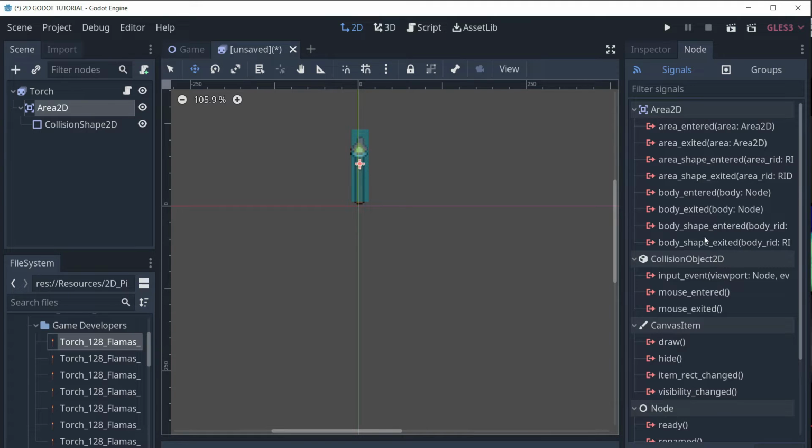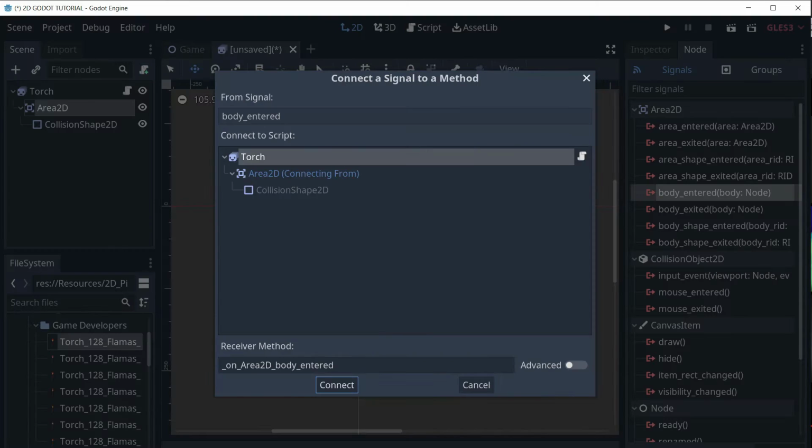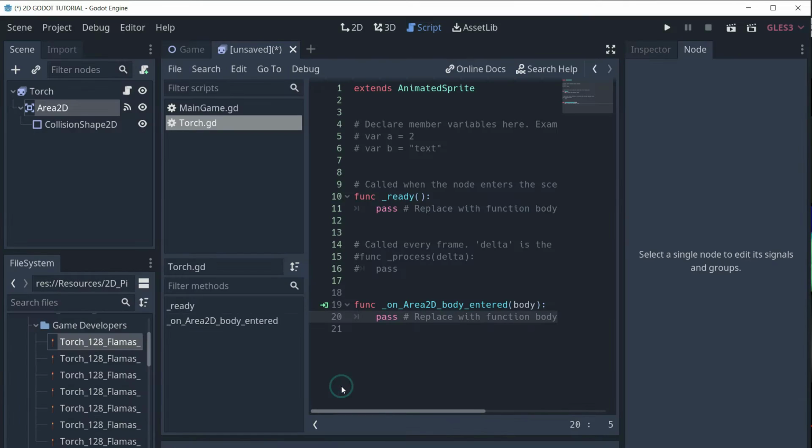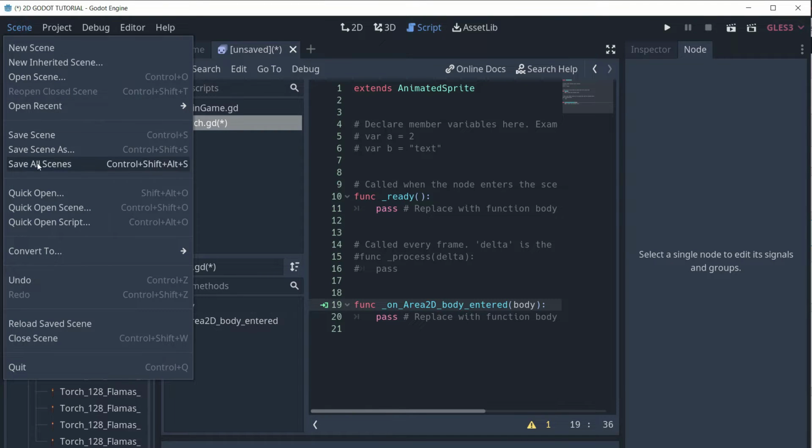Select the body entered signal, which will be generated when a rigid body enters the area, and then click the Create button. Click the button Connect to continue, and Godot will create the code associated with the trigger body entered. Save the scene as Torch checkpoint, and before adding code to the function, let's create a new script that we